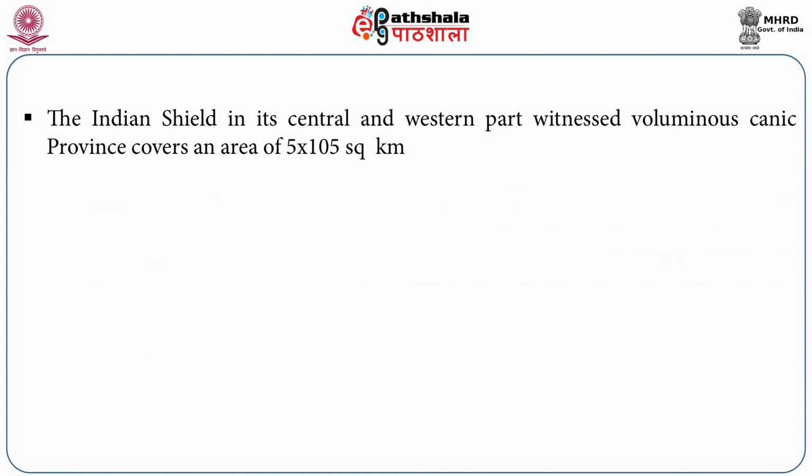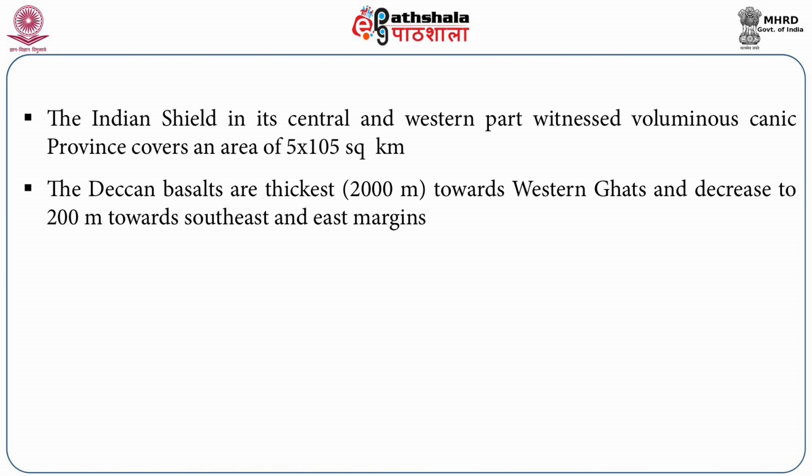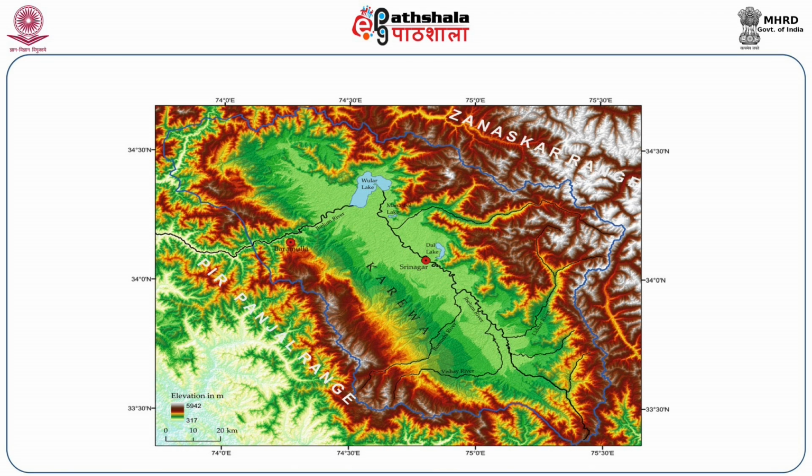The Indian shield in its central and western part witnessed a voluminous volcanic province that covers an area of 5 into 10 to the power 5 square kilometers. The Deccan basalts are thickest, about 2000 meters, towards the west and decrease to up to 200 meters towards the southeast and eastern margins. Here we have distinctive physiographic zones that were some of the areas where we have development of